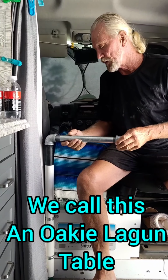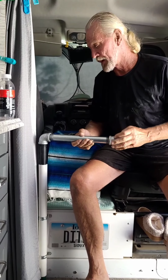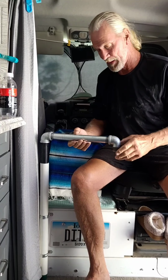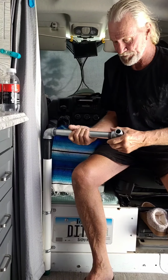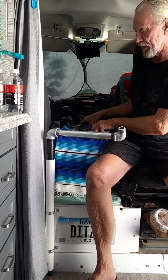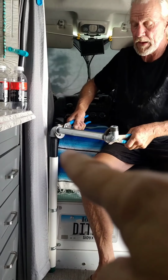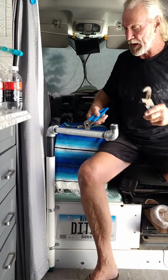This is called an oaky Lagun table. Right from our friend Ron. The oaky. He's okie dokie. Turns down there and up here. This turns in the sleeve. Right. Top turns on the...